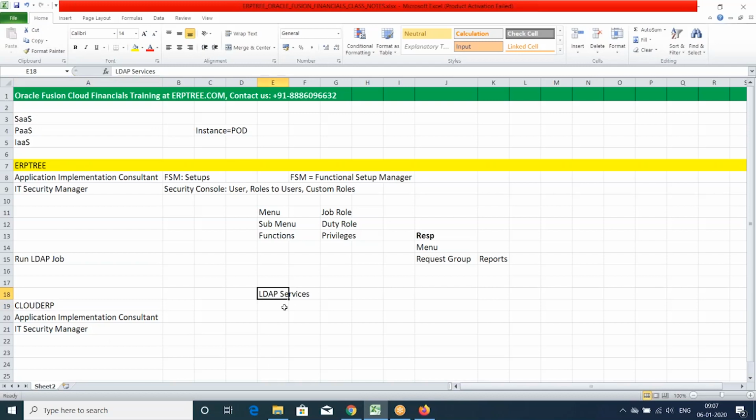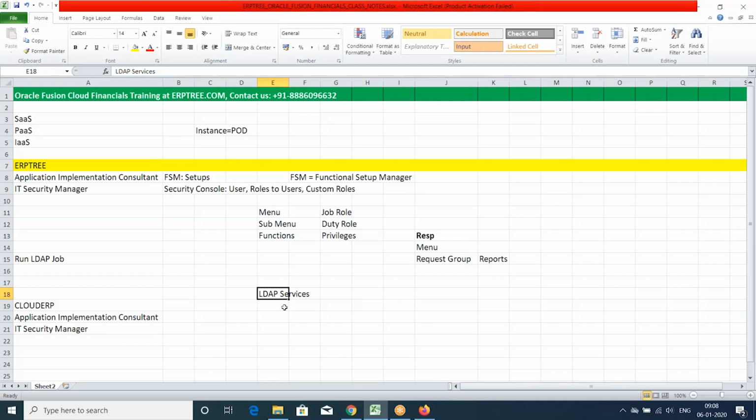Say for example, I assign these two roles to this user. If this information is not updated in the LDAP services, when you log into the instance with this user, you don't find the privileges related to these two roles. Whatever role assignment is updated in the LDAP services, only those you will be able to access, not just because of the assignment. After assignment, that should be updated in the LDAP directory services, then only you will be able to have access.